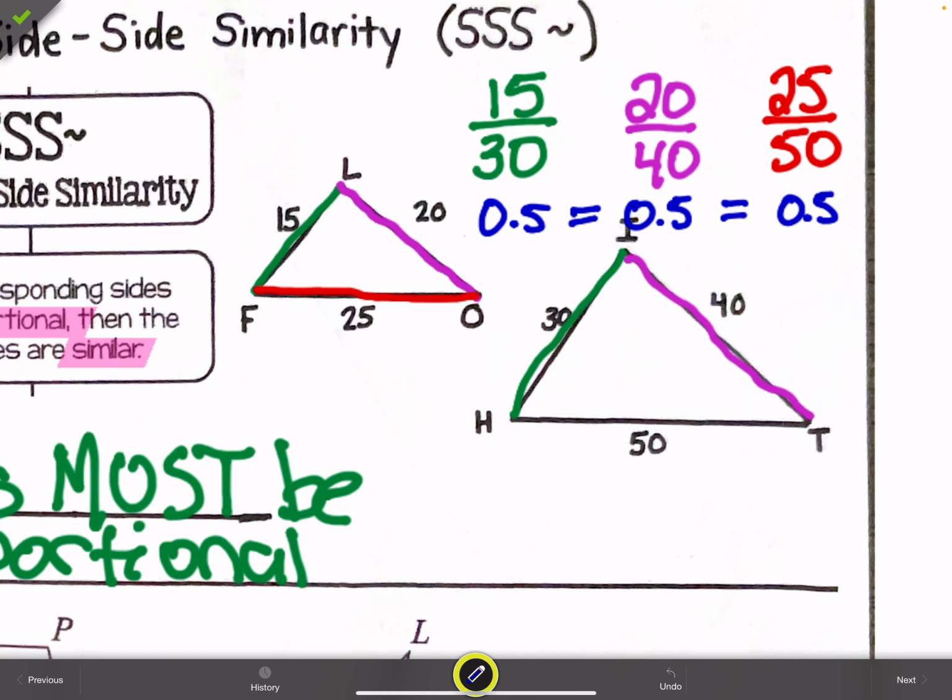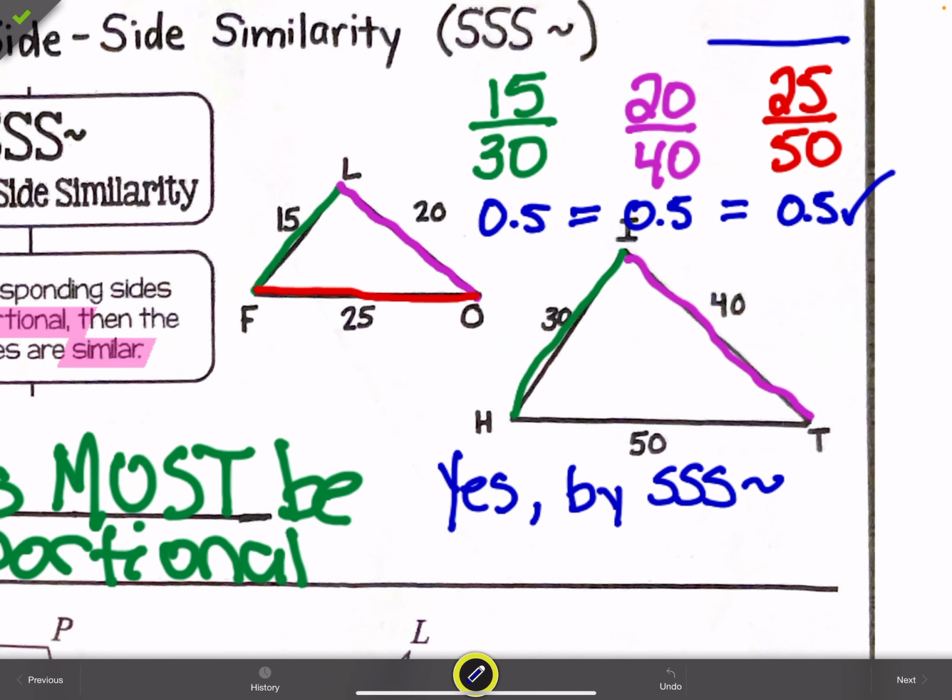They're all exactly the same. I always put a check. That's my verify. And so, yes, they are similar, and you would say by side, side, side similarity. But to say side, side, side similarity, we have to see what you set up and how you verified